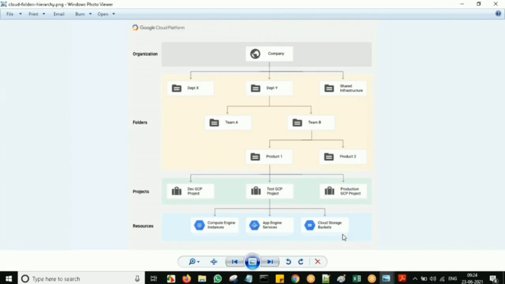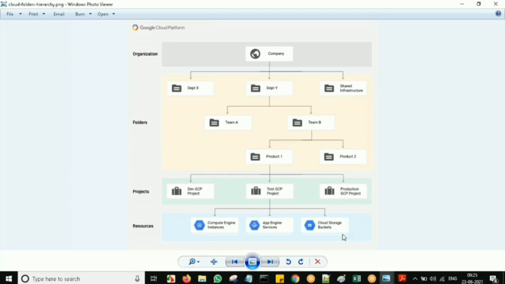You can see the company, which is the organization. Under that we have department X, department Y, or under the organization we will have many projects, right? I can say we'll have many subsidiaries. Let's take HCL or TCS, and under TCS, or we can select Tata, we have many subsidiaries. The same way in HCL also we have many subsidiaries. According to each subsidiary you can create one folder, and under each folder you can also have a subfolder.